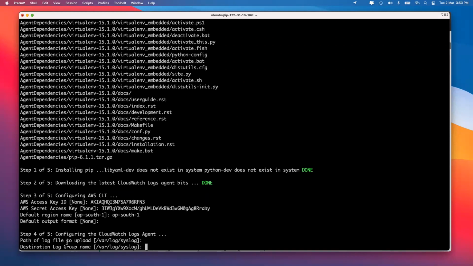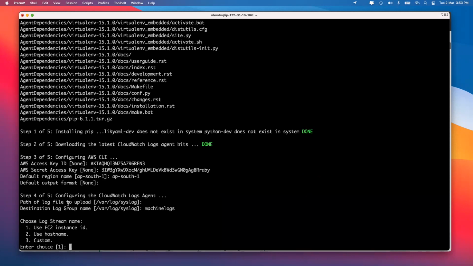And then it says destination log group name. In this case, what is expected is by what name do you want to save the logs? Okay, so let me put something like machine logs over here. And then how do you want the log stream? You can either use the instance ID, or you can give the host name, or you can give a name of your own. For now, I'm just giving instance ID because by that, I know that this log is coming from that particular resource. Now remember, CloudWatch logs is not only from one service, it can be from any one of them. So if you give the instance ID or the resource ID, it helps you in understanding where the log is actually flowing from.